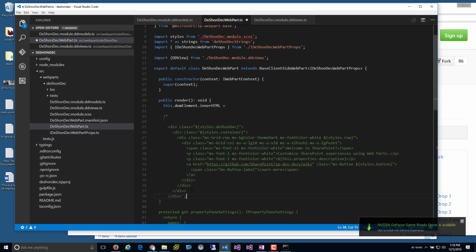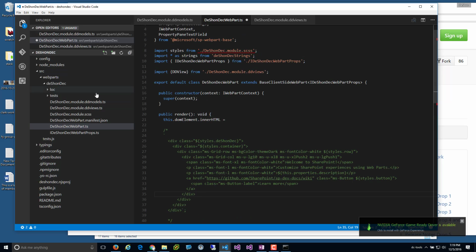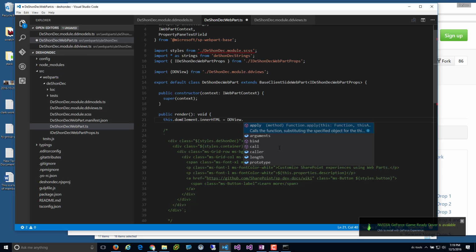because as these web parts get a little bit more complex, to separate the views from the business logic from the models only makes sense, and then just use this main web part module as your controller, the one that just orchestrates and puts it all together. So now what we can do, we can make a reference to the DDView and then do a dot,